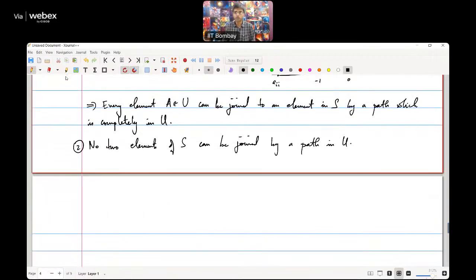Let's try to prove it by contradiction. If not, assume that there's a path gamma from [0, 1] to U,